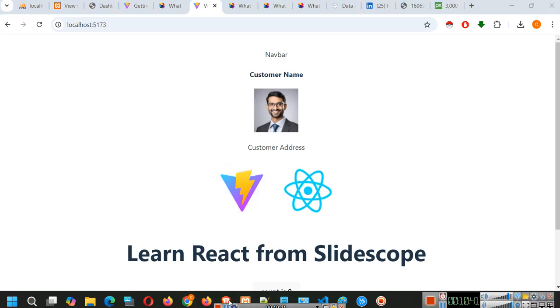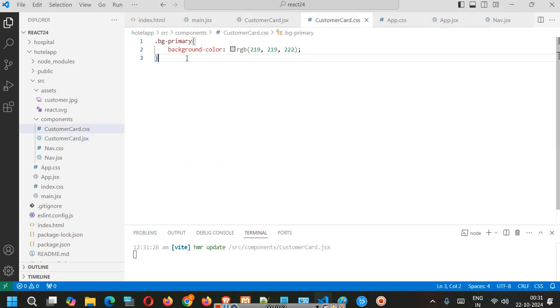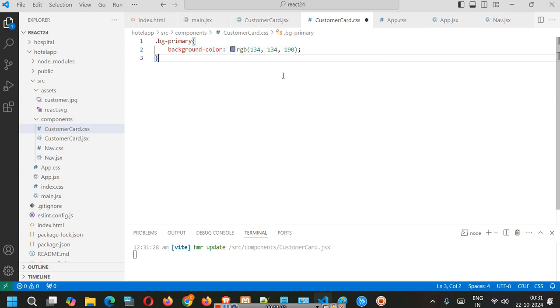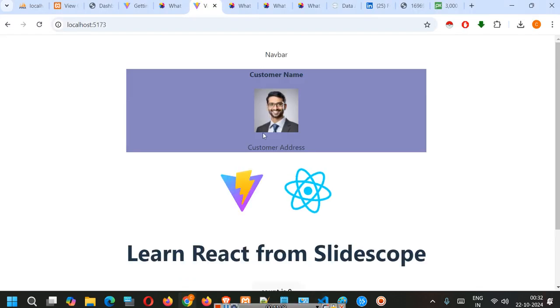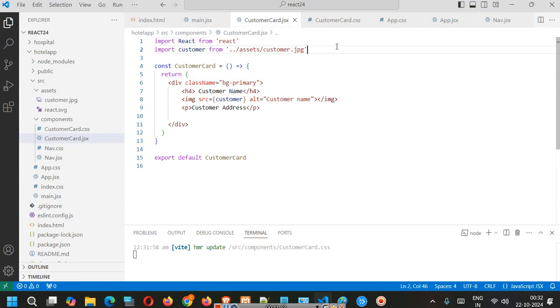Now, when we are viewing this, you know that the nav bar is coming, customer name is coming, everything is okay. But the problem is we have defined some CSS, like we have said the BG should be this. First of all, let's take some bright color so that it is clearly visible on our div. If suppose this is not happening,